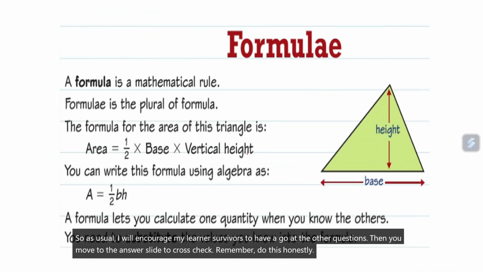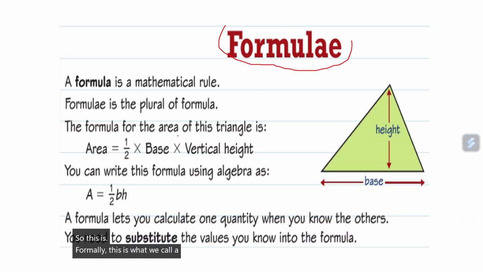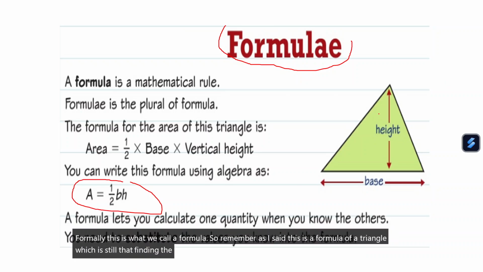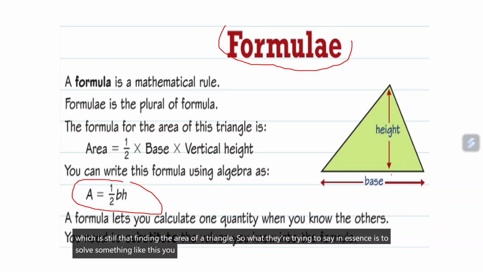So, this is what we call a formula. So, remember, as I said, this is a formula of a triangle, which is finding the area of a triangle. So what they're trying to say in essence is, to solve something like this, there are some values you need to be aware of. Question,